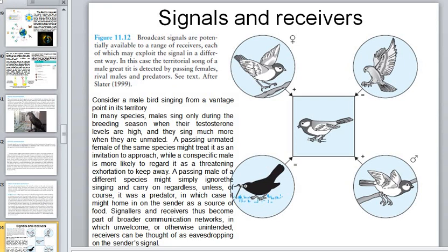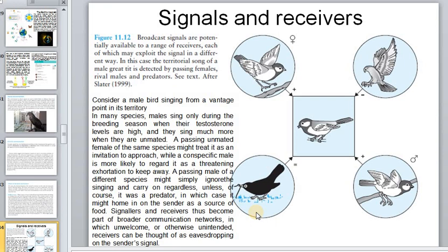A resident male of a different species might simply ignore its display and carry on regardless, unless of course it was a predator, in which case it might home in on the sender as a source of food, and signalers and receivers thus become part of broader communication networks in which